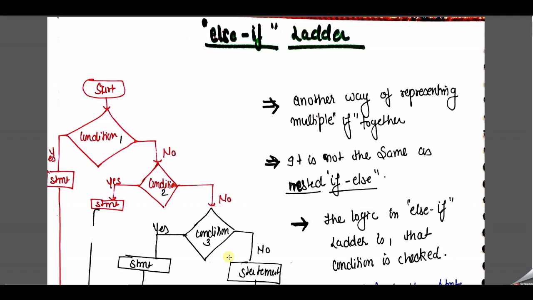But when we move to the else part, again a condition will be checked, and then we can move further. That means we have to check a new condition, condition number 2, in the else part of condition number 1, as we can see in the given flow chart.